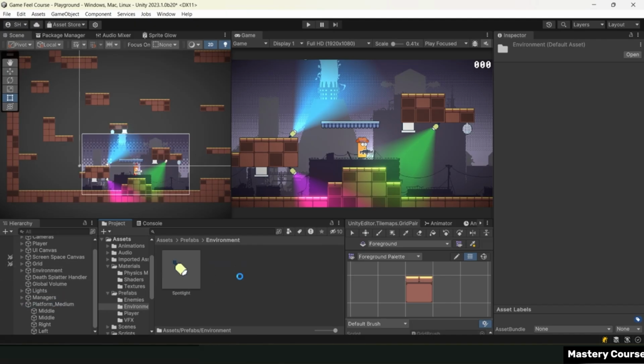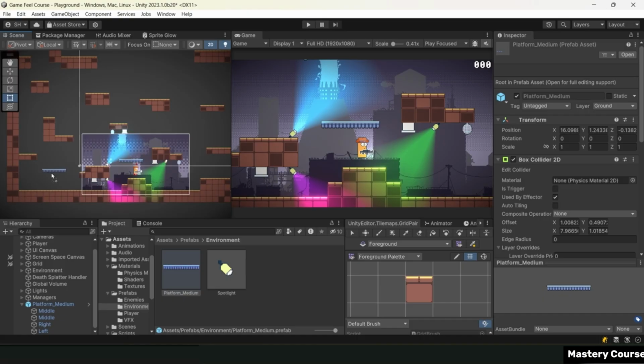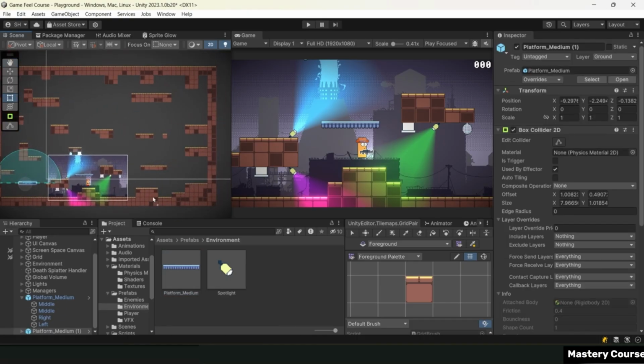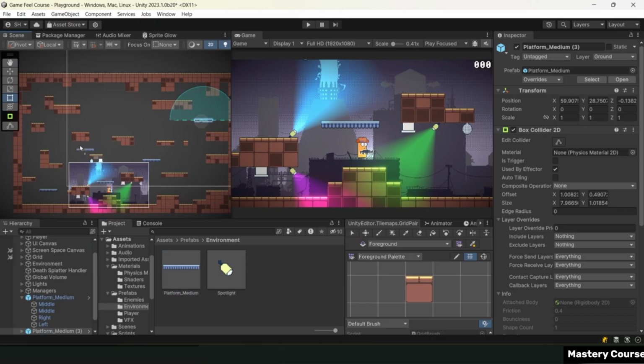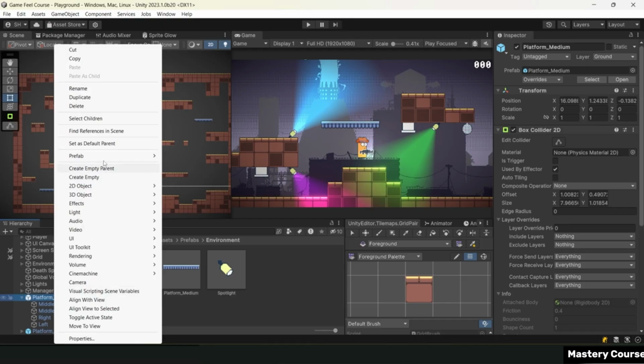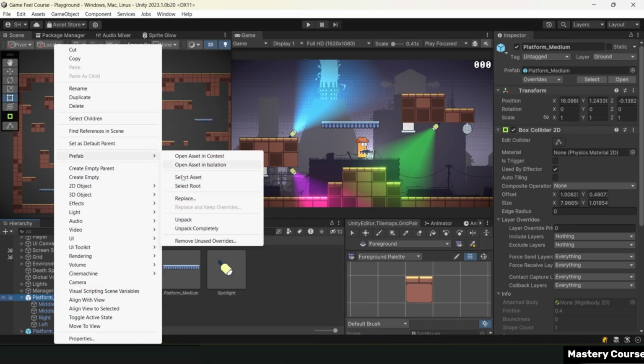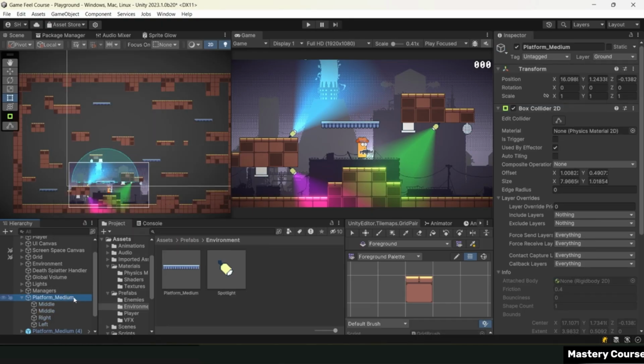We'll go ahead and prefab this platform medium, and I'm just going to sprinkle in a few more here and there. Not going to really think about it too much. And then we'll create a large platform prefab as well. All we need to do for that is just unpack one completely. So prefab, I'm going to right click it and unpack completely. And we'll rename this platform to